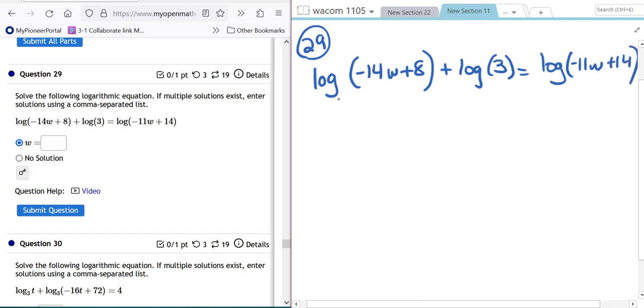This side we need to condense so that we only have one log on each side. And this is a sum of logs, so it will be the log of a product. And I'm going to put the 3 first. It doesn't matter, but